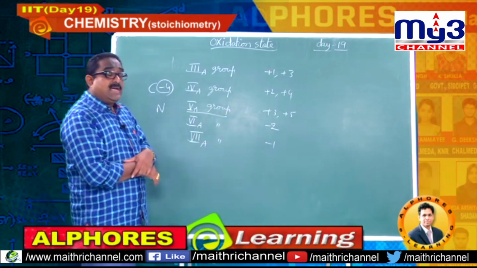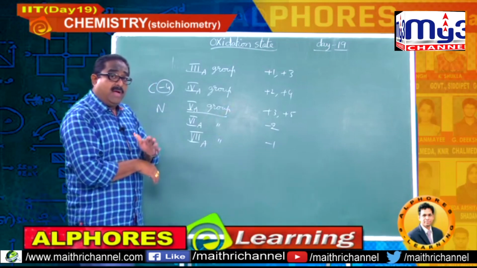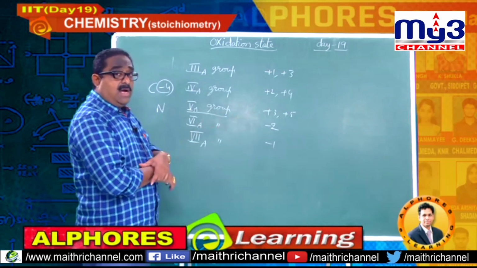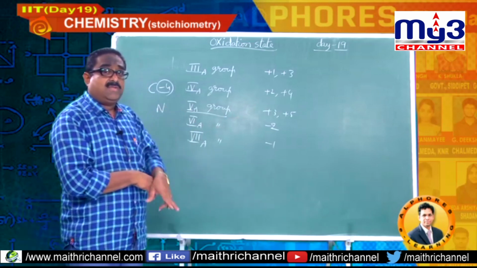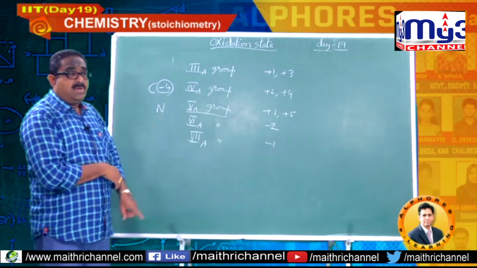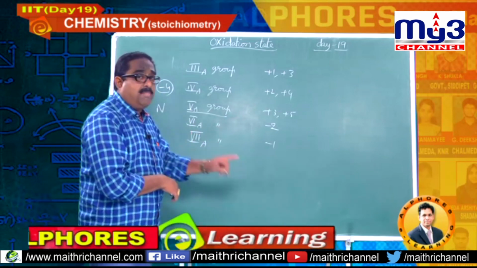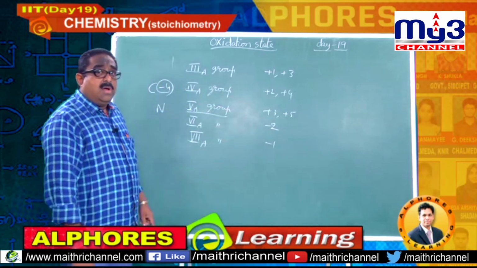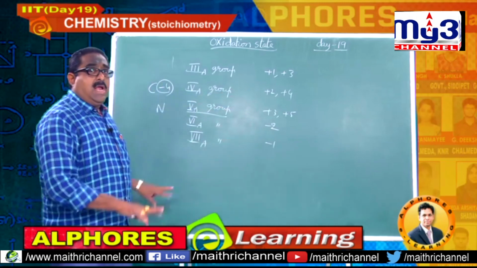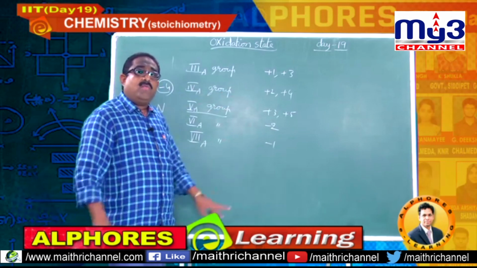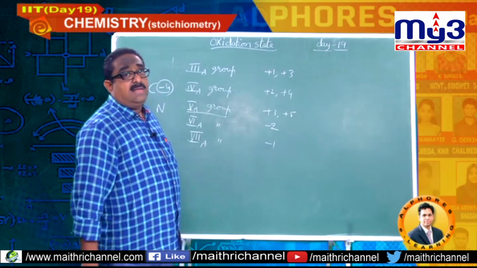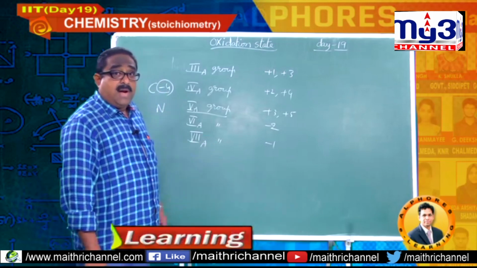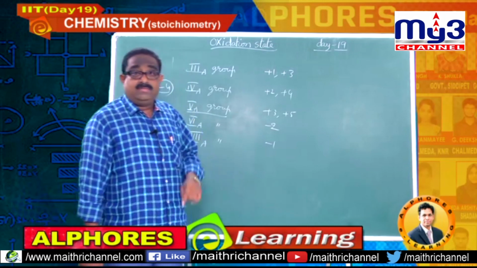So, the oxidation state of an element may or may not be constant. For some elements it is constant. Undoubtedly one can say for alkali metals +1, for alkaline earth metals +2, for fluorine -1 in their compounds. There is no other oxidation state possible for these elements. But many elements can exhibit more than one type of oxidation state. Zinc exhibits only +2, but copper exhibits +1 and +2, like that.